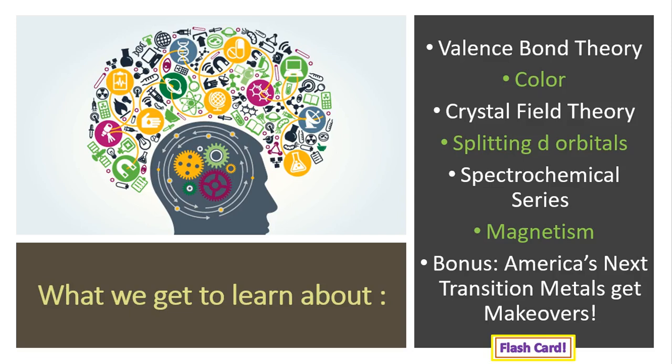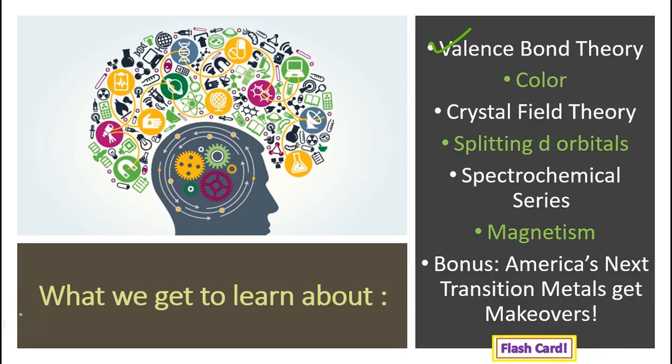So to begin our journey, we're going to use valence bond theory to create new hybrid orbitals that help us describe bonding and geometry in complex ions. That's what we're going to start with. But we need a new model called the crystal field theory to help us describe properties of complex ions like color and magnetism. So that's what we get into next, okay? As a bonus, once these new properties are unlocked, our transition models get makeovers, and we get to see some of them pretty much shine with different colors, okay?